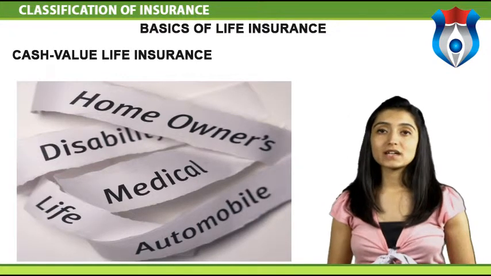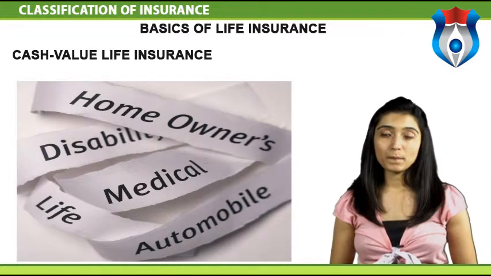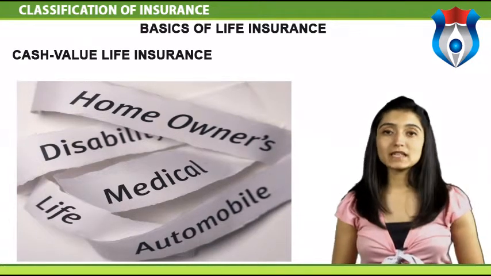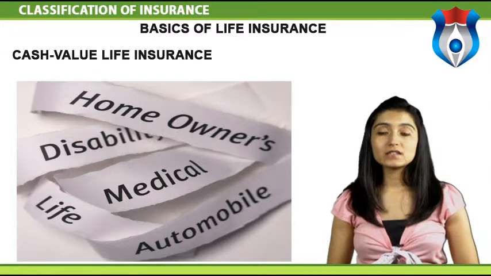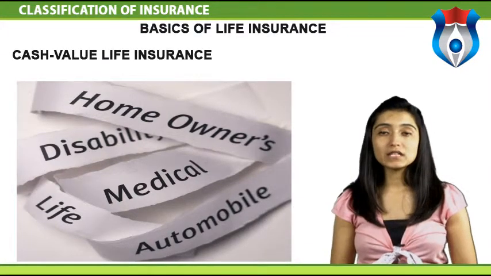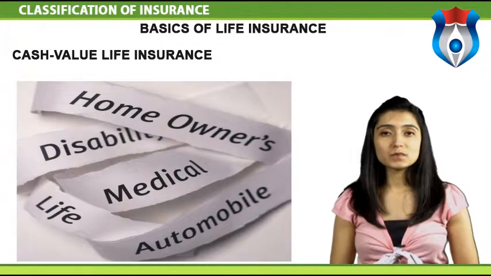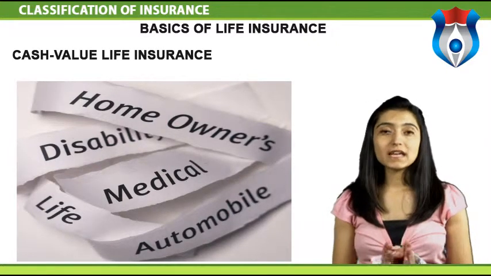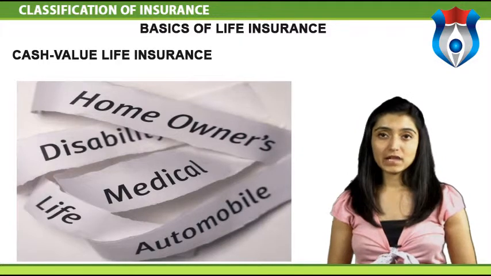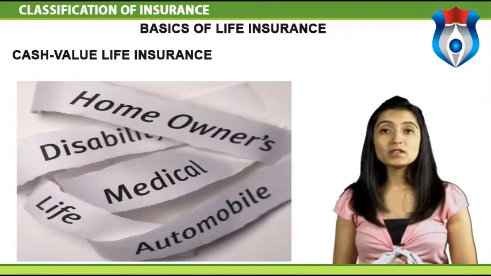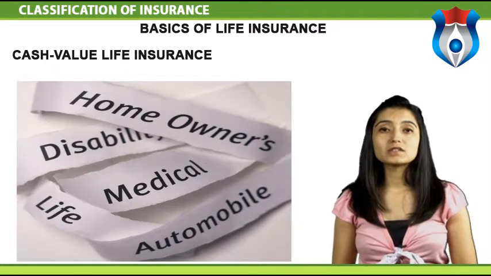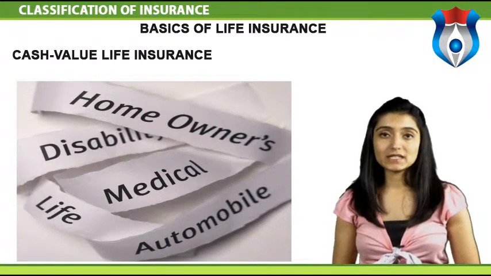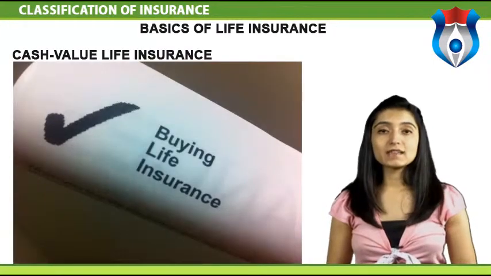The most popular type is the whole life policy. The insured person pays the same premium each year of his or her life, hence the term whole life, or until he or she reaches some specified age such as 85 or 90. As its name indicates, a limited payment policy requires the insured to pay a level or unchanging premium for a limited number of years, such as 20. The policy is then paid up.